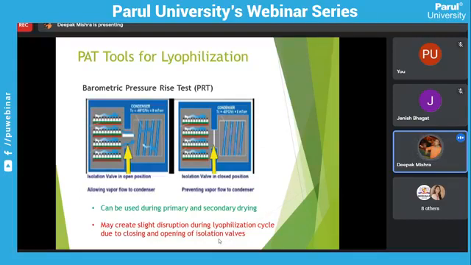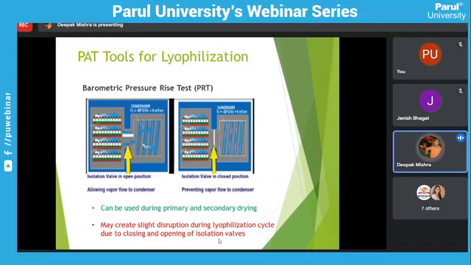It shows how much pressure is inside the chamber. On the basis of the pressure and water moisture content relation, they analyze how much pressure remains. On the basis of it, we can increase or decrease the cycle time and duration. On the right-hand side of the image, you can see the isolation valve is in the closed position. It will close every 30 seconds for a measurement during the life cycle. On the basis of this measurement, we can understand how the cycle is developed. So this is a very important pressure rise test parameter in R&D.